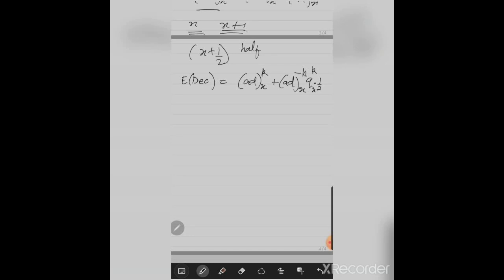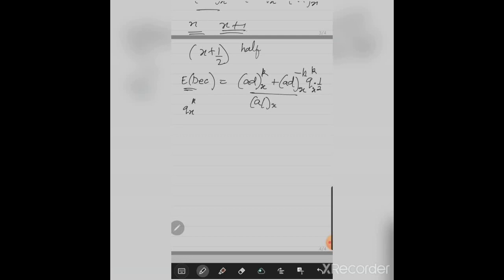So that's why I'm multiplying by half. So this will come out as the expected number of decrements exclusively because of K. So from here I can compute my Qx over K. So if I divide this entire thing by